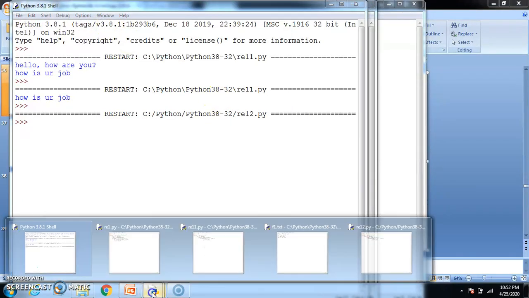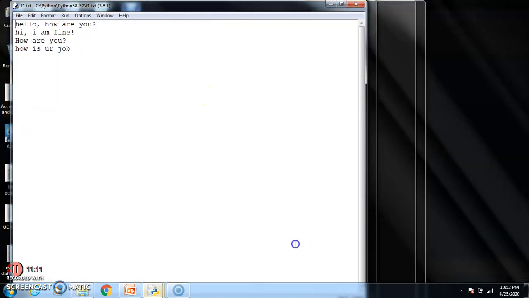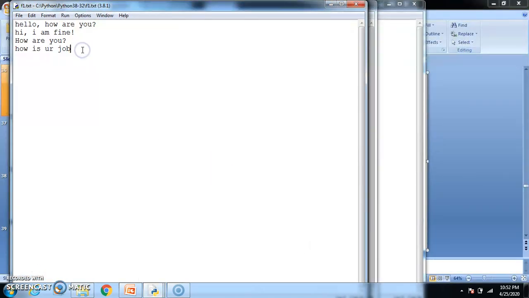Let me change the values in f1. We'll add one more line that starts with I am. Let me save it.